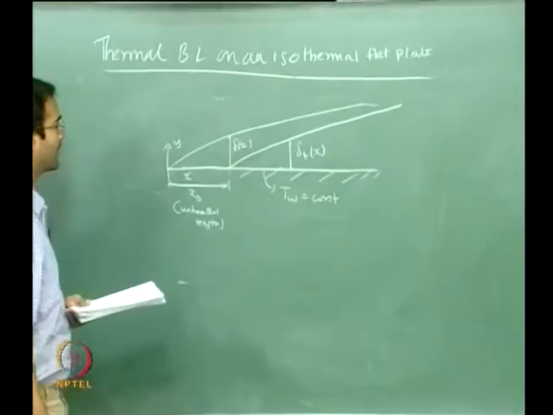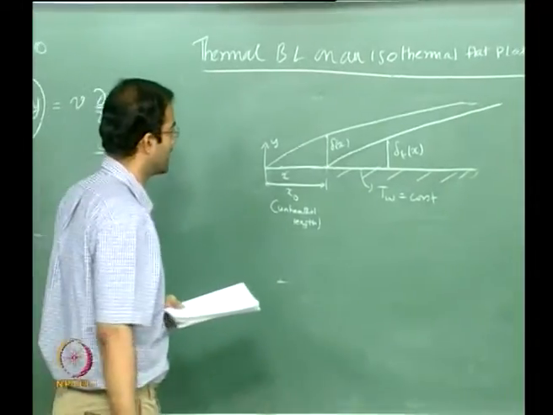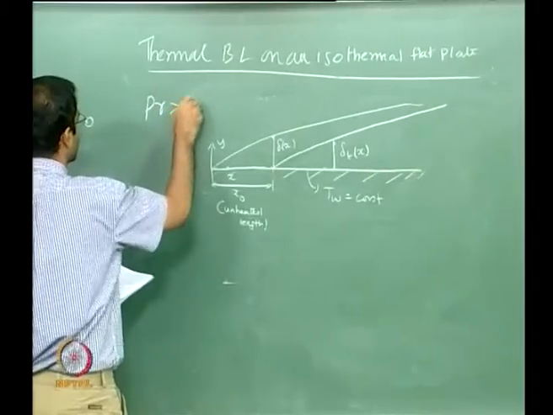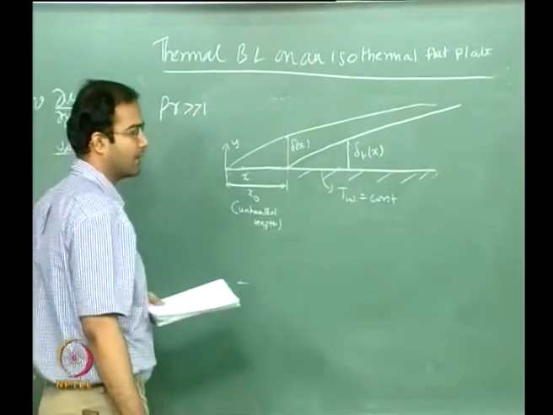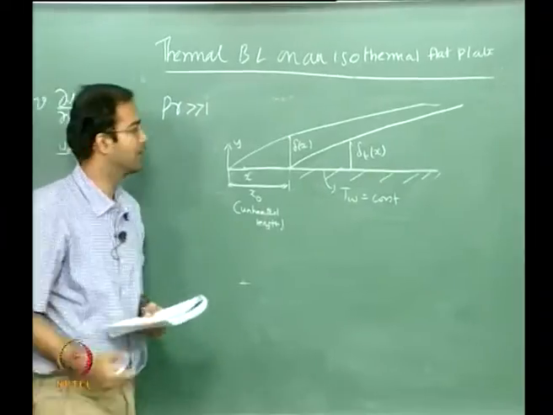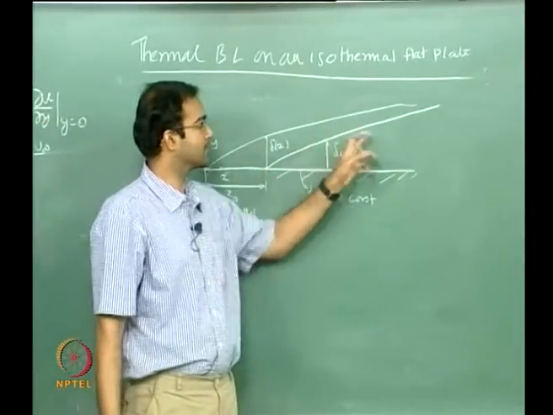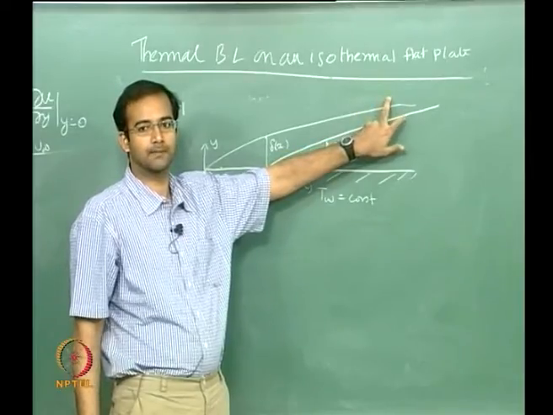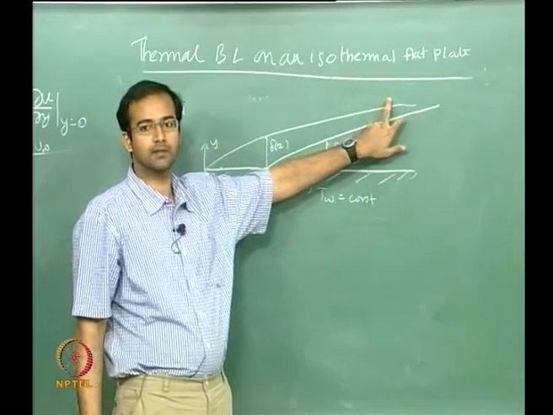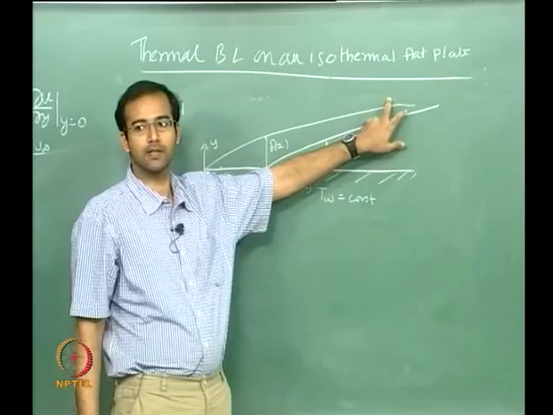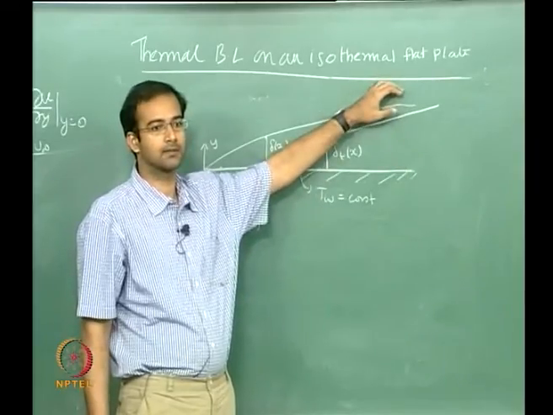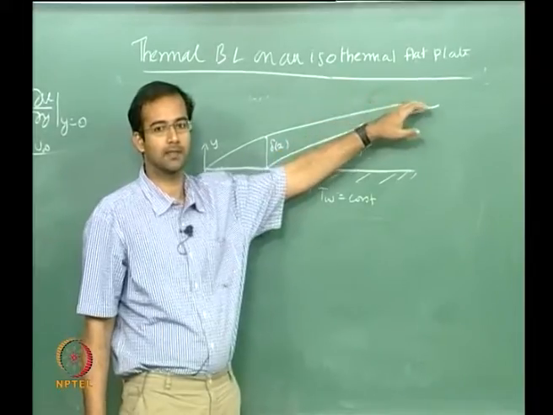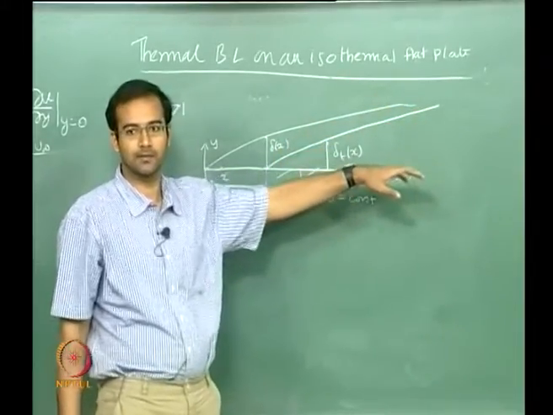Depending on the case, whether your Prandtl number is much greater than 1, approximately 1, or much lesser than 1, once it starts growing, the thermal boundary layer may overtake the momentum boundary layer thickness. If your Prandtl number is much greater than 1, the thermal one will be lower than the momentum boundary layer thickness. The momentum boundary layer thickness will be growing at a much faster pace, so the thermal one will not be able to catch up.